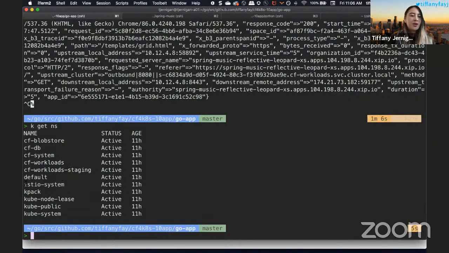CF for K8s uses Istio for all the routing, so it ends up creating one for Istio. There's kpack, which is used for building all of your images from your code. For instance, if I looked at cf-system,